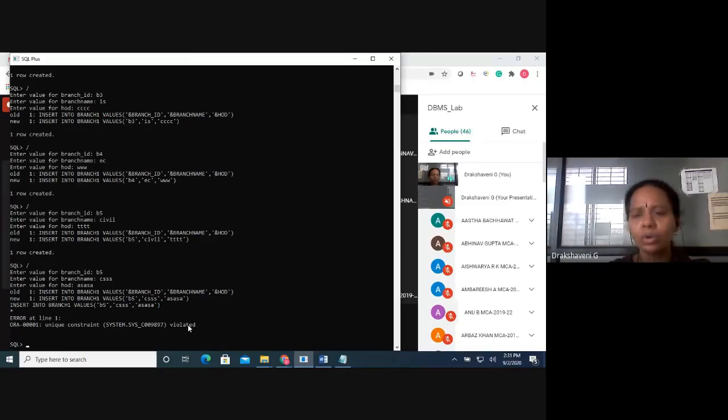Now I have just entered 5 rows into my table branch. I want to see what data I have entered. What is the command we have? Select star from, what's the table name we created? Branch1.